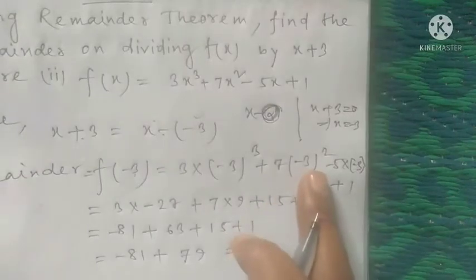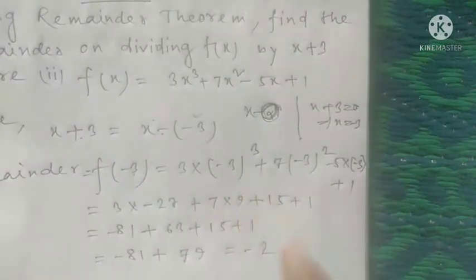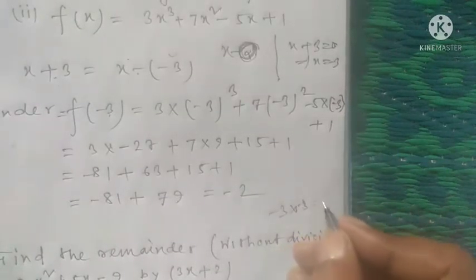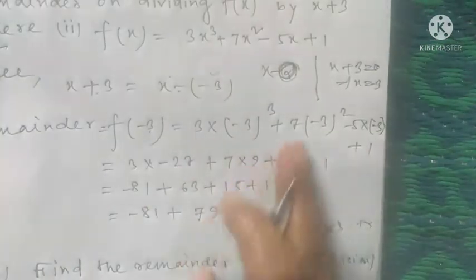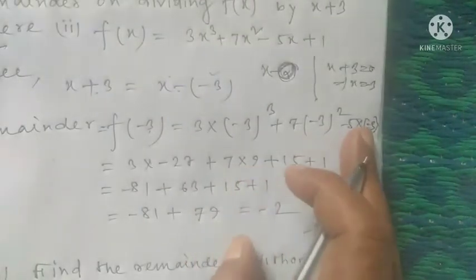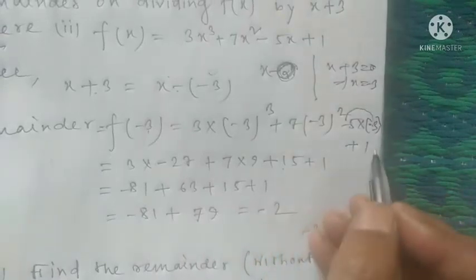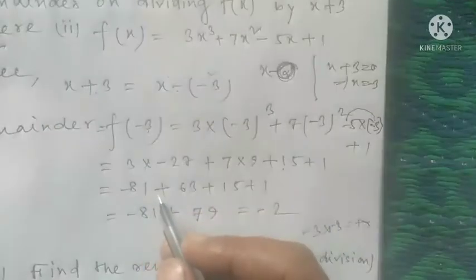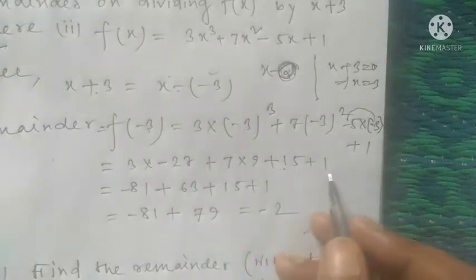And after that minus 3 whole square, that means you get 9, because the power is even, so the minus will be removed. So how to get the 9: minus 3 into minus 3, then you get plus 9. Okay, so it will be 9, 3 into 9, 7 into 9, and there is minus minus plus, minus minus plus, 3 5s are 15, and here is only 1. So after that, if you calculate minus 27 into 3, it's minus 81, and there is 63, and there is 15 and plus 1 is there.